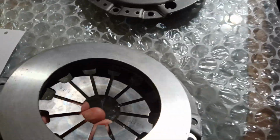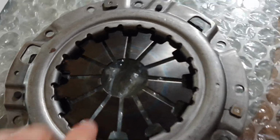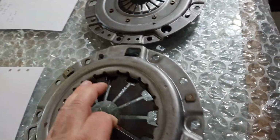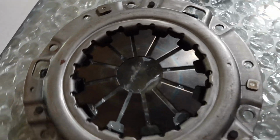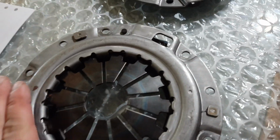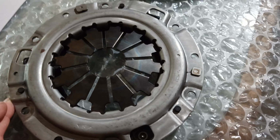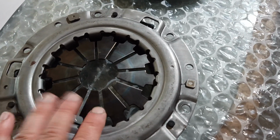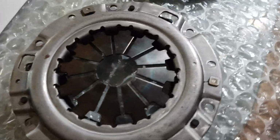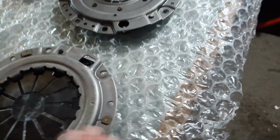The diaphragm spring is held in with these bent over lugs. Very hard to dismantle. It would require bending the lugs and then bending them back, so it's not an easy cover to modify. If you were to change the diaphragm, or try to, then it would be, or make, a double diaphragm. Anyway, let's talk about the next option, which is